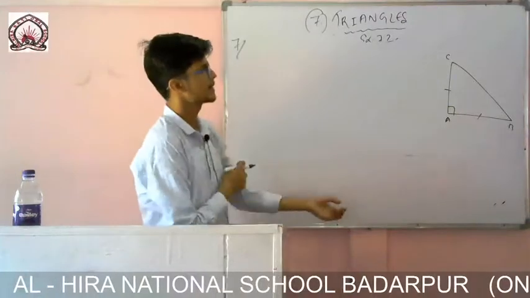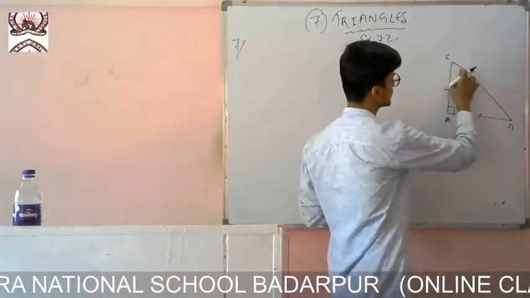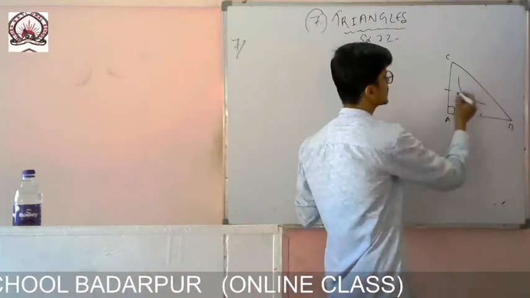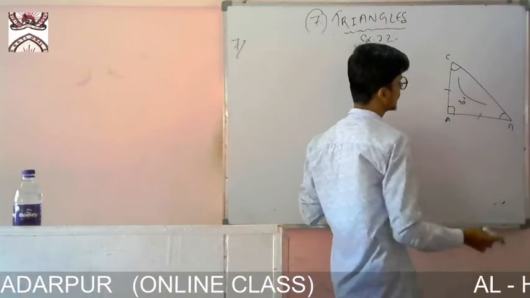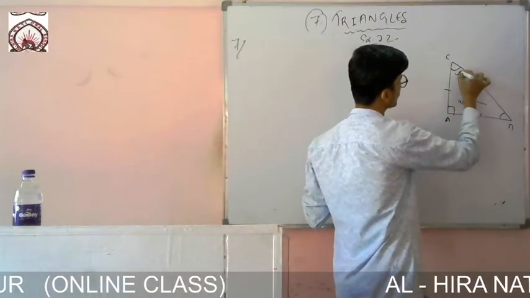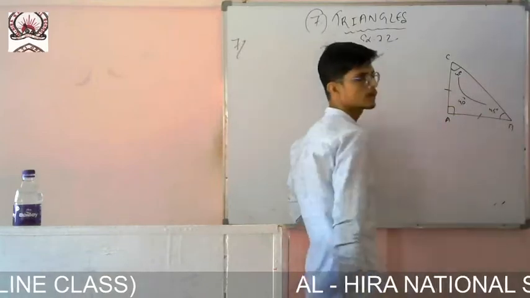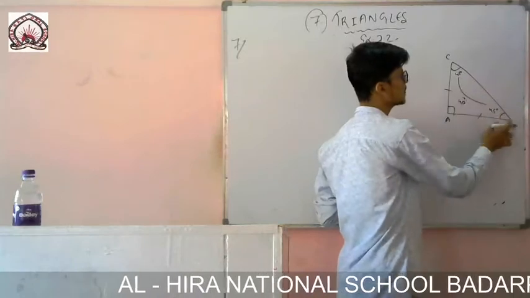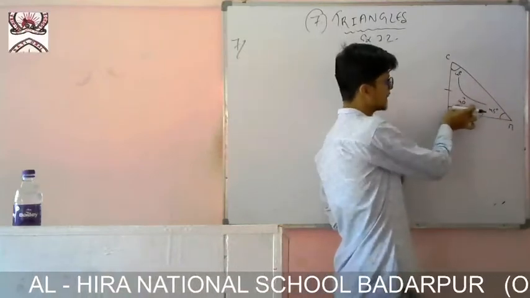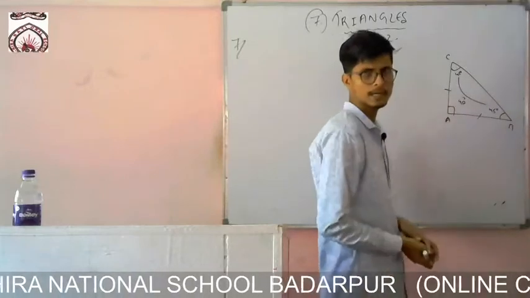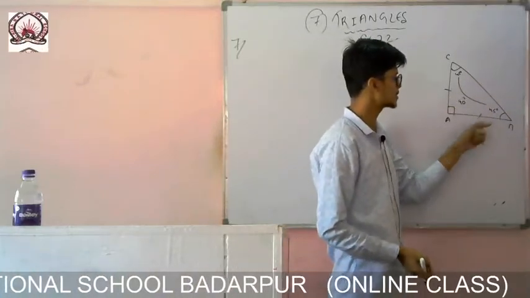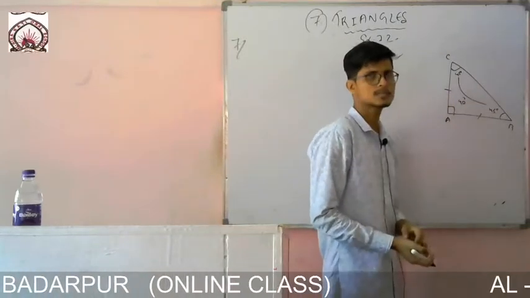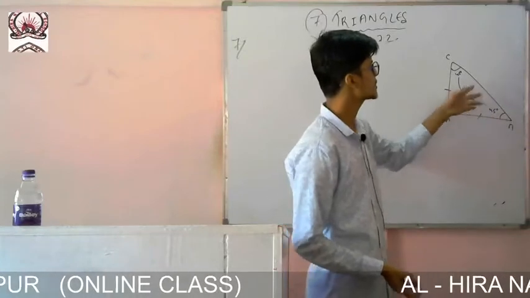So you see, very easy. If this one is 90 degrees, that means these two remaining angles, if I add them, then I will get how much? 90 degrees. And if these two angles are equal, then each one will be how much? 45 degrees, okay. By seeing, I can say this angle is 90 degrees, the sum of these three angles will be equal to 180. So this one alone is 90 degrees, that means these two after adding I will get 90. And since these two angles are equal, because these sides are equal, if the sides are equal, then we can say that opposite angles are equal. So if these two are equal, each one will be 45 degrees.